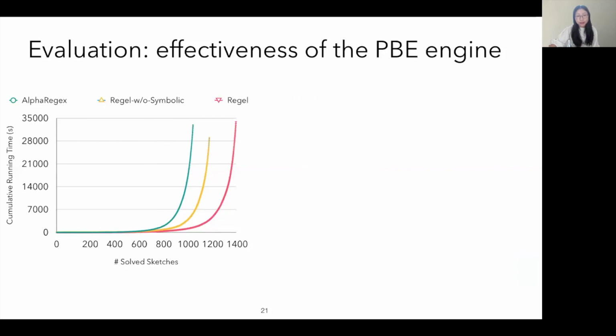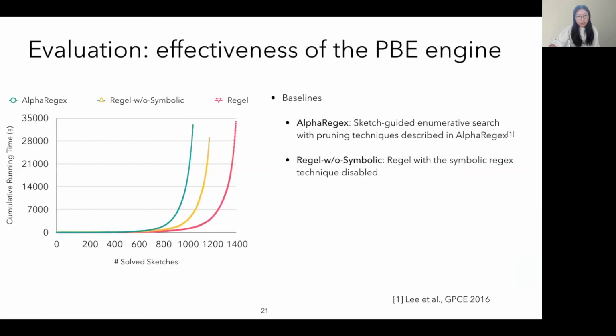To evaluate the effectiveness of the PBE engine, we do an evaluation study that allows us to quantify the impact of the pruning technique described in the technical part of the talk. We consider 2 baselines here. AlphaRegex is a state-of-the-art example-based regex synthesis algorithm that uses breadth-first search and pruning. To apply the algorithm in our context, we implement a sketch-guided enumerative search synthesizer with the pruning technique proposed in the AlphaRegex algorithm. Rego without symbolic is a variant of Rego that does not leverage the symbolic regex idea to